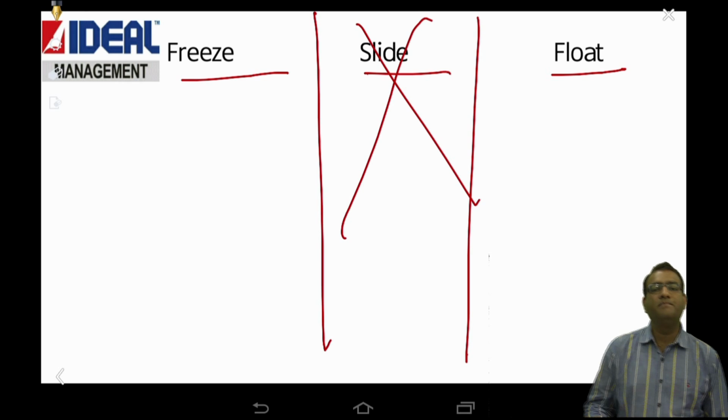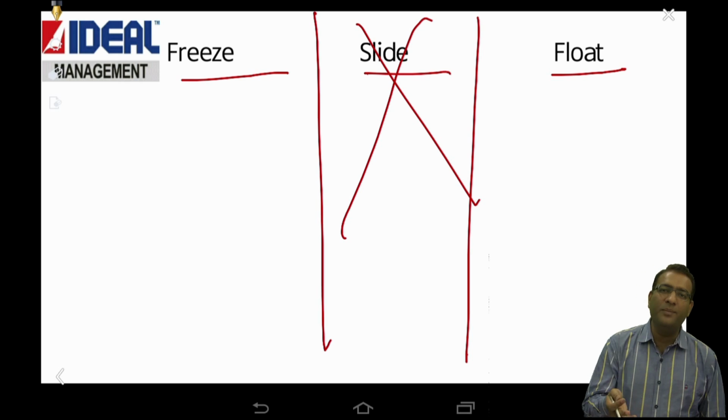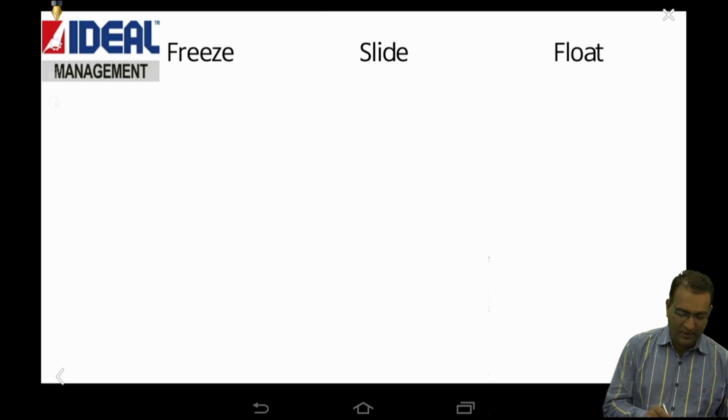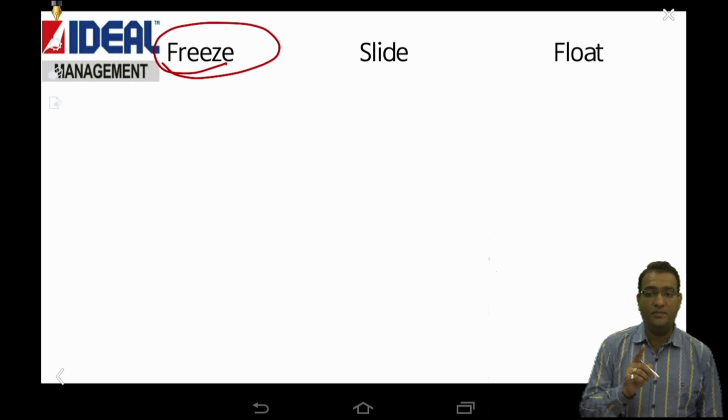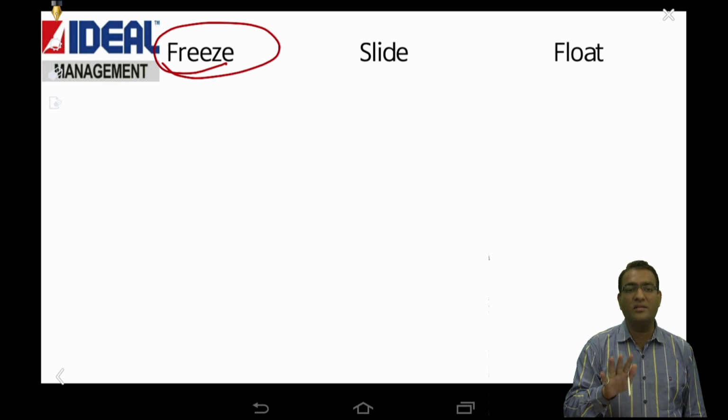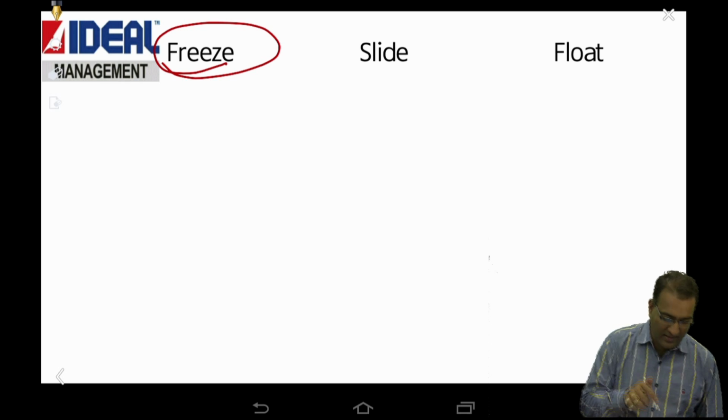Redundant, useless. Okay, if you want, I'll tell you the meaning also. But then slide is definitely useless for us. Now, what does freeze say? See, there are a little more complications in these also. So make sure you understand this, because freeze basically says that